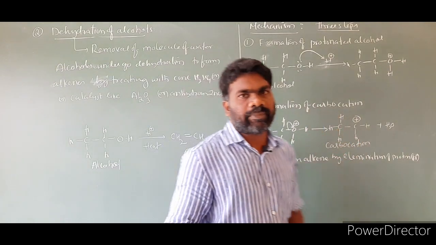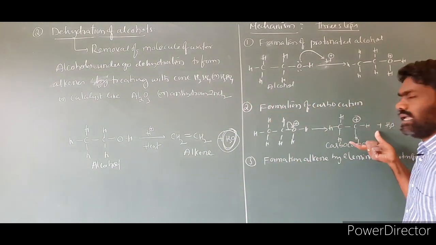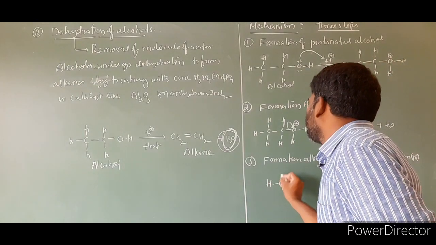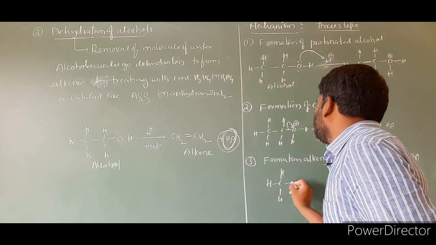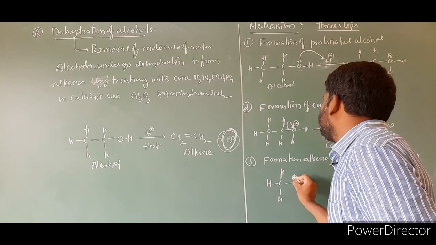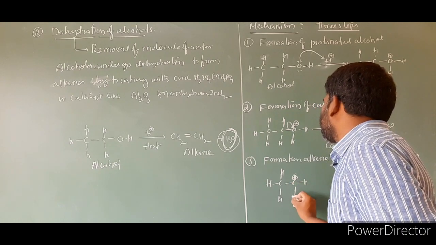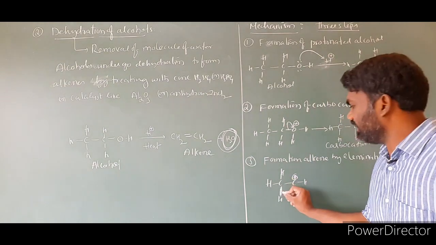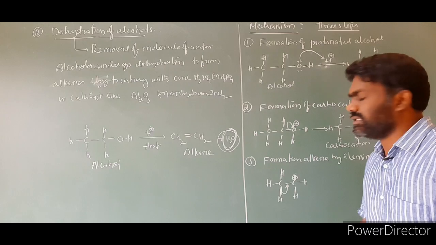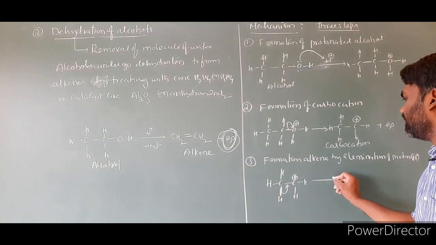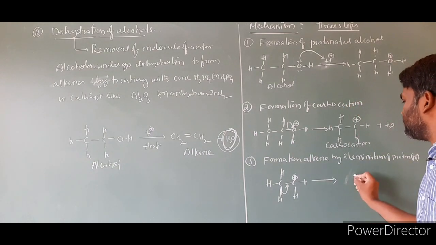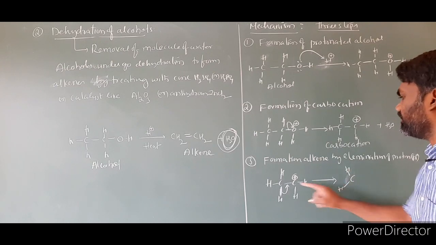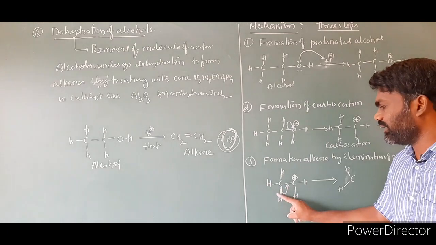So what is the step I wrote in the second? This step as it is you can take here. Then H, this is the positive charge, it has 2 hydrogens. Clear? This bond between the hydrogen and carbon is shifted to here. As a result, the product is C. This is one hydrogen, this is the second hydrogen. This hydrogen is going outside.